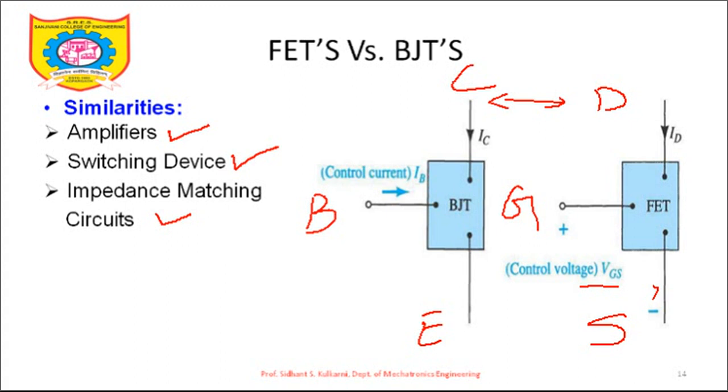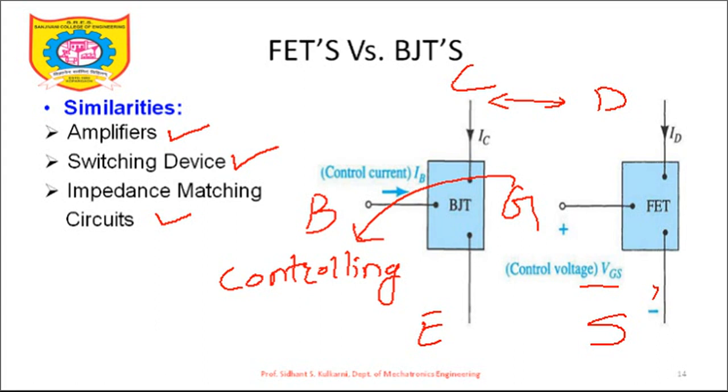Okay, try to understand what is the importance. If you do remember the BJT, emitter emits the electron which will be collected by collector, and base is acting as a controlling terminal. In the same way, here the source will emit the electrons which will be collected at the drain. I am just talking about electrons right now, but it can be possible that the holes may also be responsible for the conduction. So source will emit the charge carrier which will be collected at the drain, and here gate is the controlling terminal.